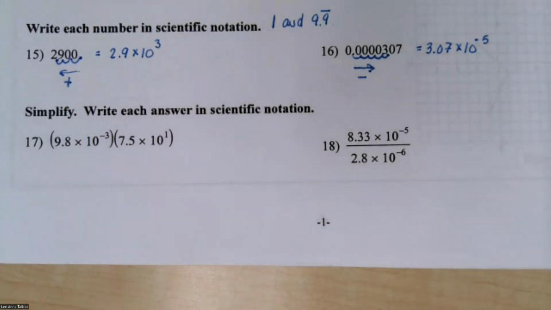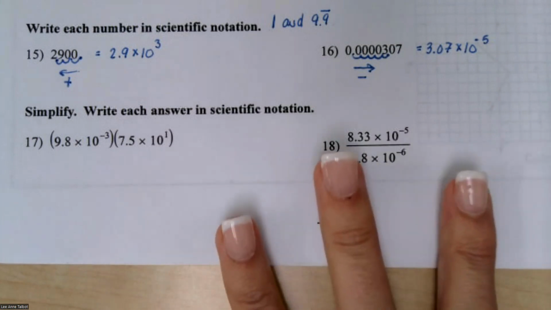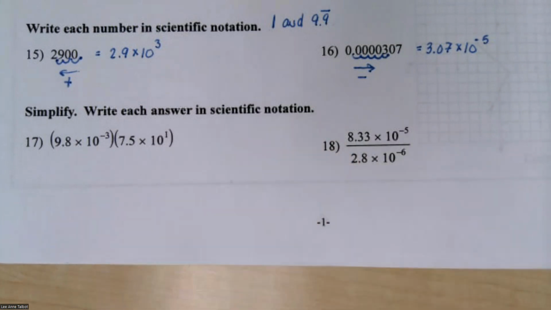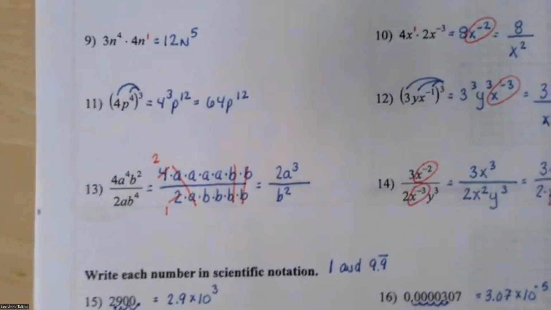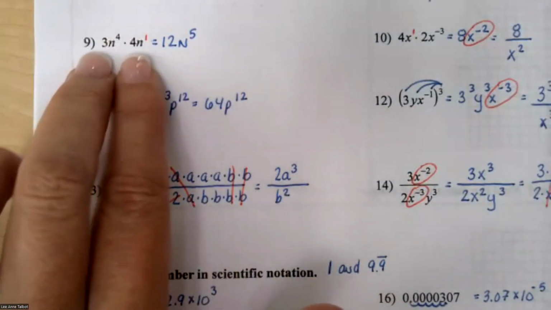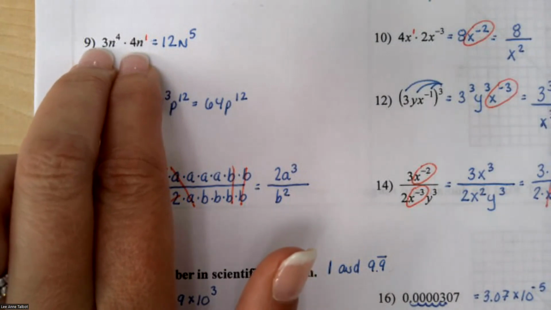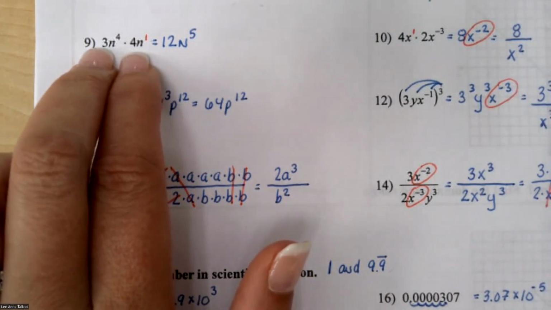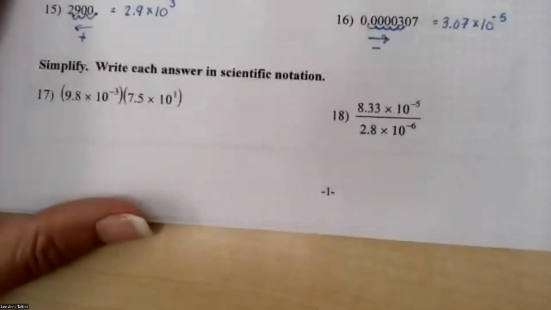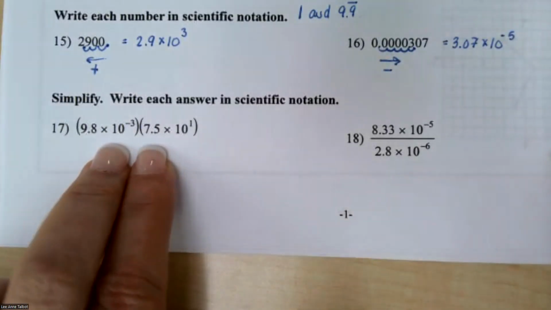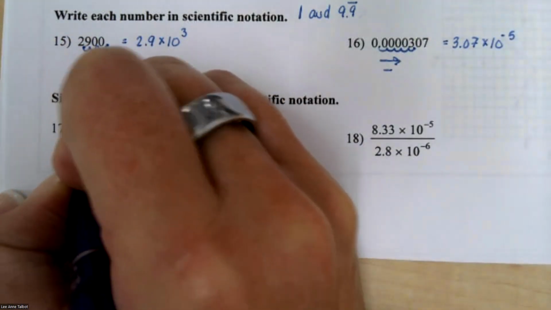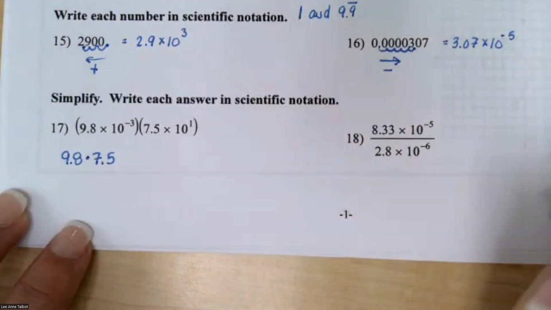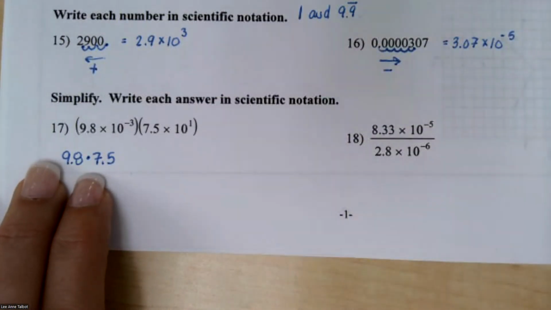All right. Now, some of you guys might have figured that out, but then got completely stuck on 17 and 18. Okay. Do you remember? I'm going to scroll up a tiny bit. Do you remember what I said to do right here? What did I do with the numbers? Multiplied them. And what did I do with the exponents? Added. Beautiful. That's exactly what we do in this problem. This problem is a multiplication problem. So you're going to do 9.8 times 7.5. So multiply the numbers